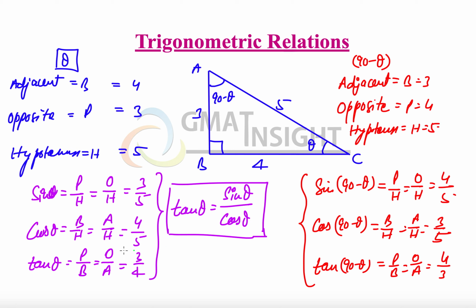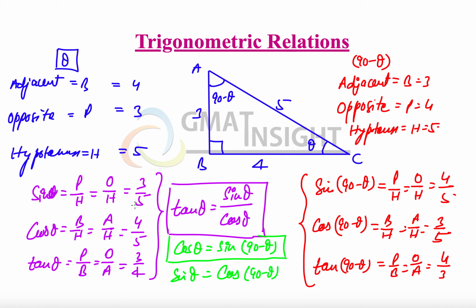That cos theta, which is 4 by 5, is equal to sine 90 minus theta. So that's one more inference, cos theta is equal to sine of 90 minus theta. We can prove this once again using the coordinate plane as well, that we will see in later videos. But from here we should understand that cos theta, which is 4 by 5 here, is equal to sine 90 minus theta. So this is another very important property that is used in SAT questions. And similarly, we can say that sine theta is equal to cos of 90 minus theta.